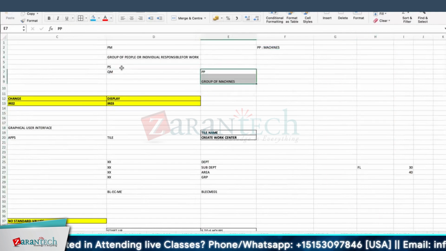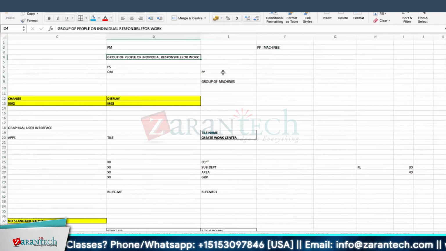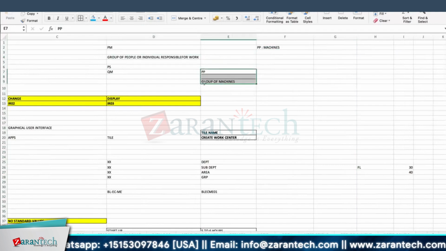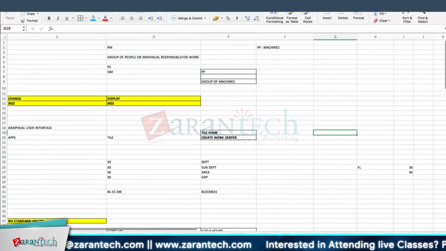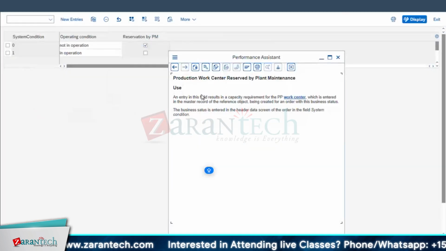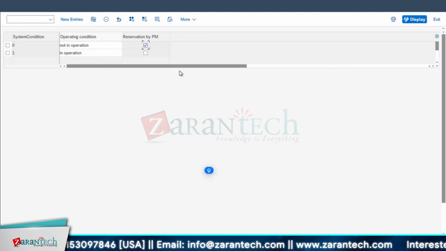So here for PS, QM, everything, it is a group of people. For PP, it is a group of machines. We are dealing with the machines in the work center. That's why they are telling. If you go for this, here it is clearly mentioned, this field results in a capacity requirement of the PP work center. Once it is entered in your equipment, and on that particular equipment we are going to create a work order,